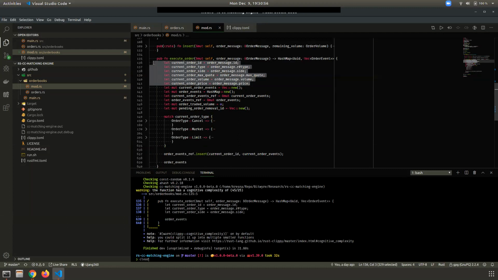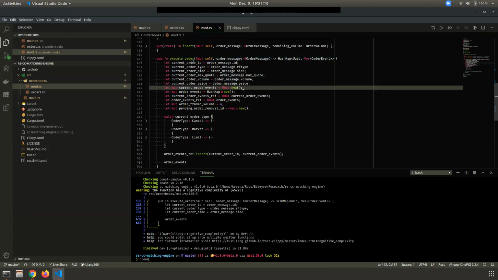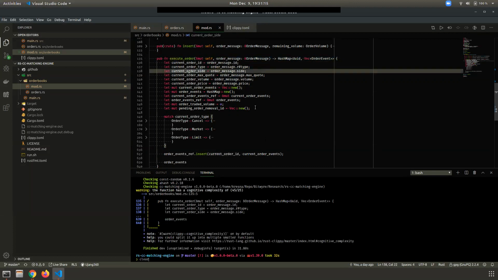Why did I copy the value? Because the order message lies in the heap. The heap is very slow. So I move it into the stack, so it's fast. Even better, if this function can fit into the L1 cache of instructions, it will live in